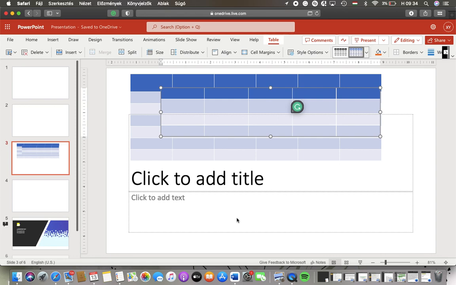Now let's jump into it. First of all, open the website on your device and start creating your slides. Insert a table in the insert section at the top, and after that you should find this style options button